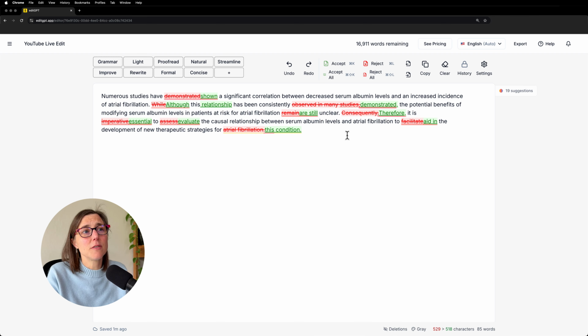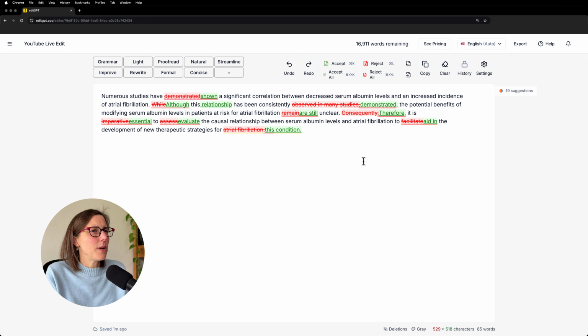So instead of just shortening it to observed, it used demonstrated. If I had to choose between the two, I would have stuck with observed. It's fewer syllables. And I mean, demonstrated could work, but again, it's more syllables. You could say show instead. So I would stick with observed in this case.